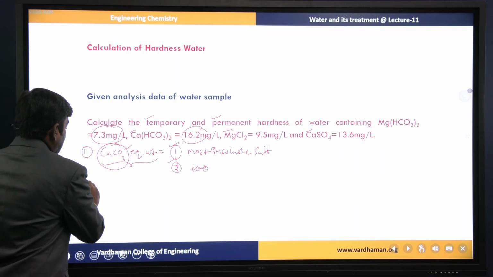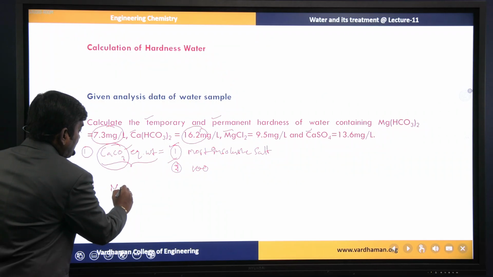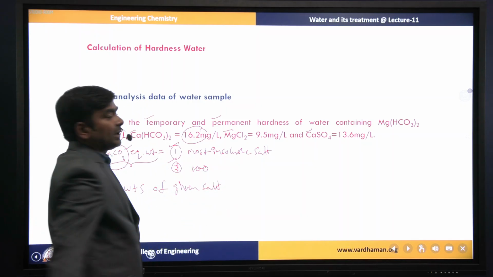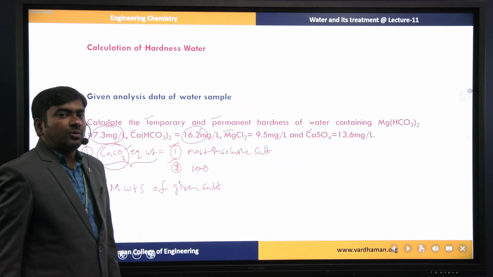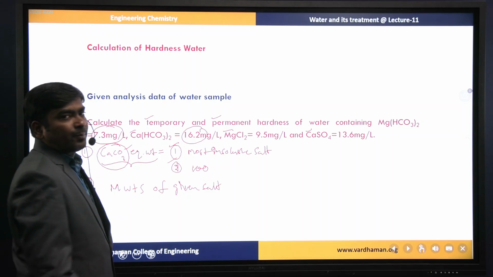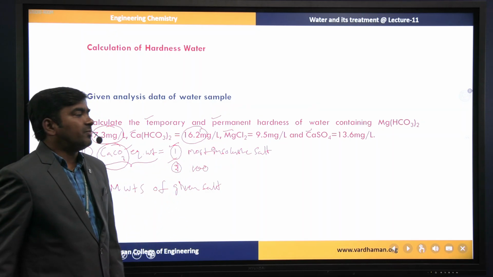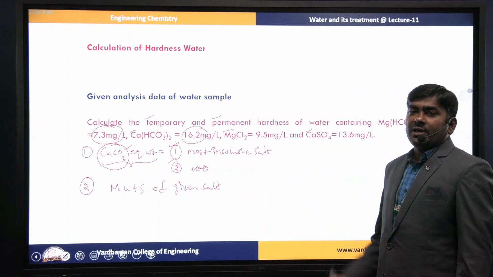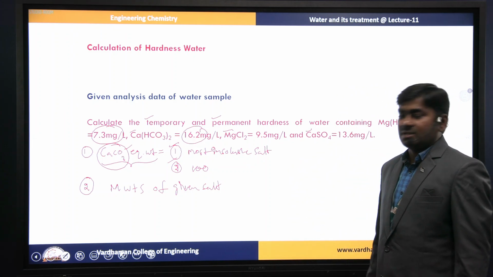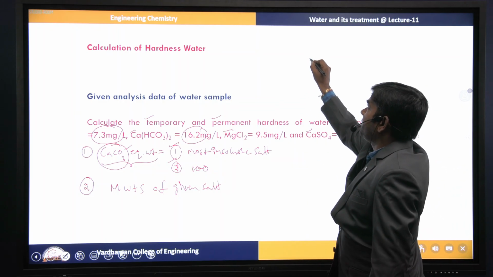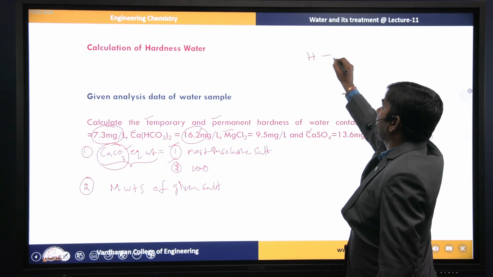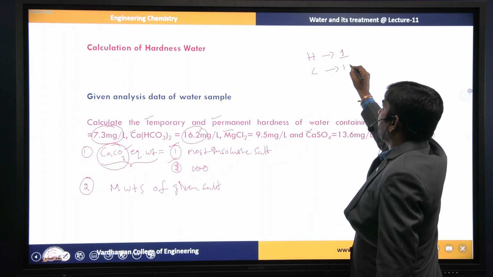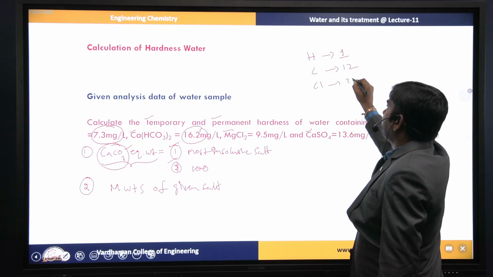The next thing is we require the molecular weights of the given salts. In most cases, molecular weights will be provided for the given salts. If molecular weights are not given, then we need to calculate the molecular weight of the given salts. For example, if hydrogen is there, its atomic weight is 1; if carbon is there, it is 12; chlorine is 35.5;